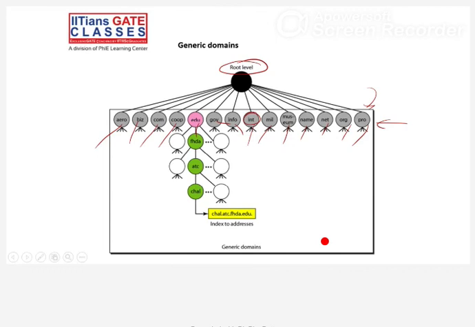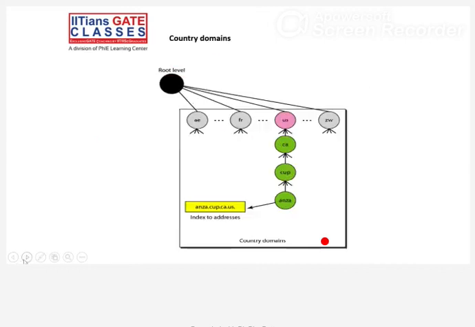See, this is your root server. This is your com domain, this is your education domain, and one more, let's say ARPA or something else. A subdomain we also call a domain. Inside also we have a domain, and similarly here. This is how the structure of the domain is.